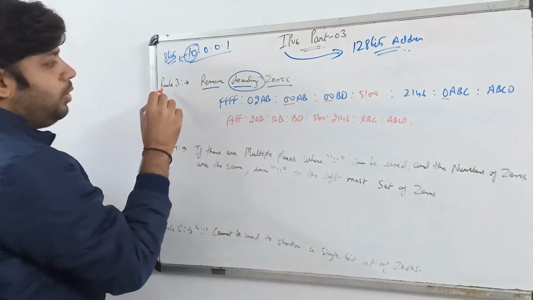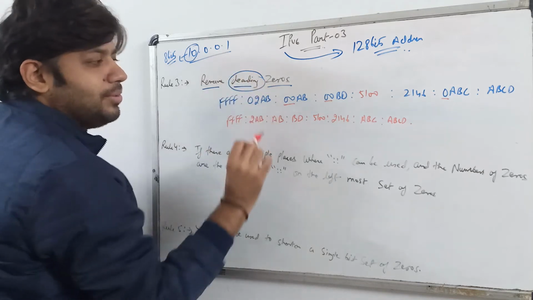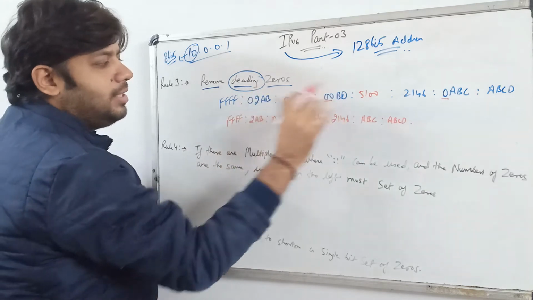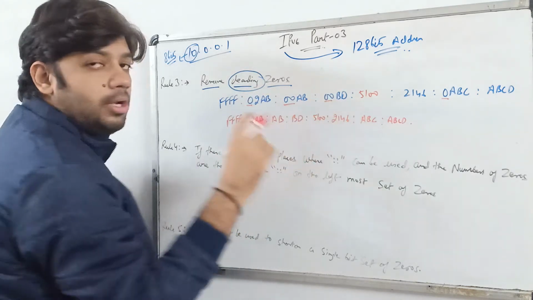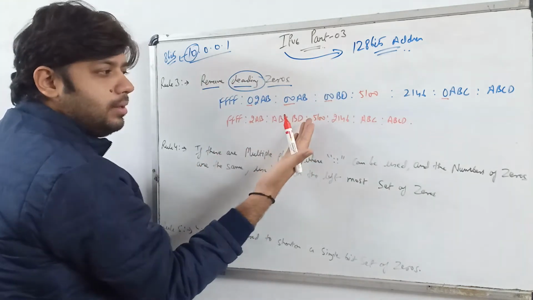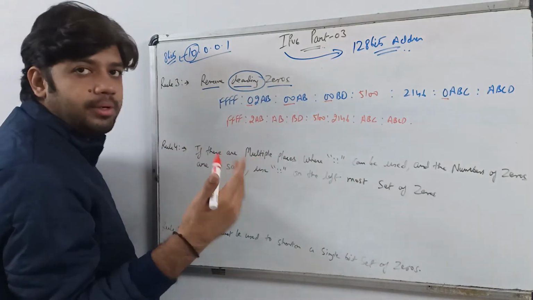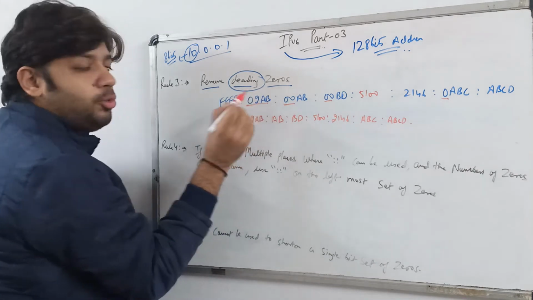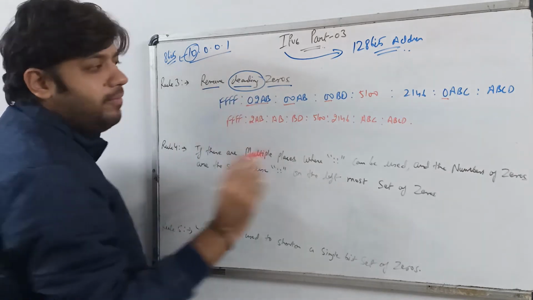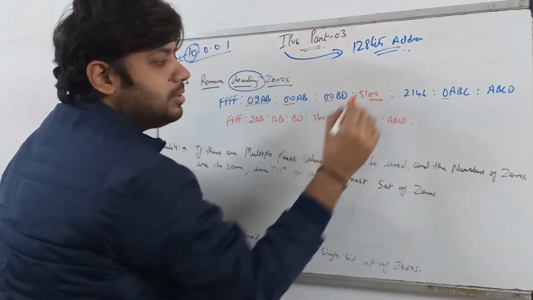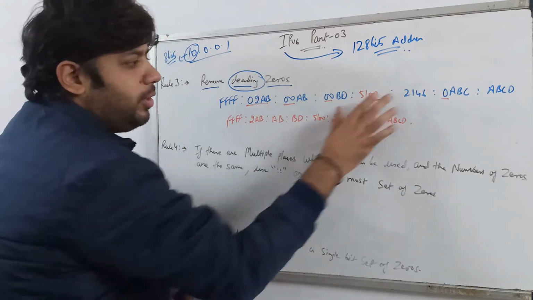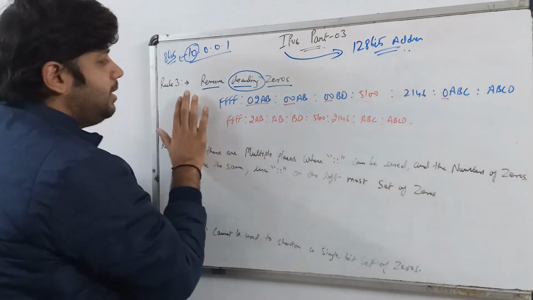Okay, so the third rule: we can remove the leading zeros. If you want to write it short like this, you can remove these zeros. You can remove only zeros before the numbers. Like if I have 0 2ab, the 0 is before 2ab, so that's why we can remove it. We are not able to remove these zeros because they come after the number. So we are not able to do it like this. This is the third rule.